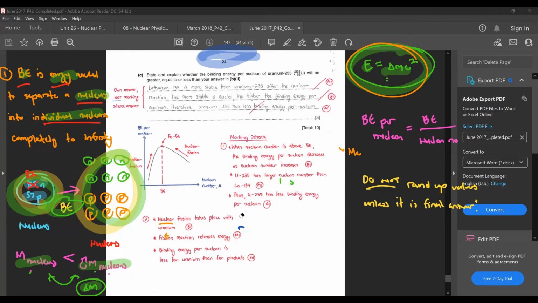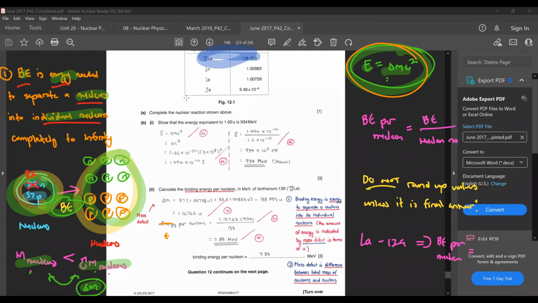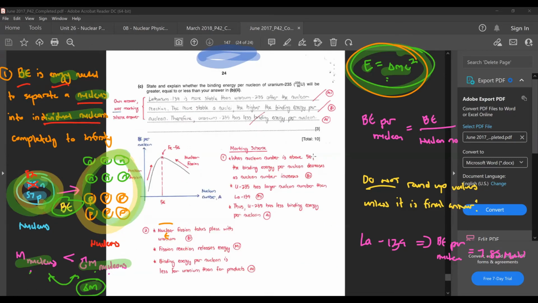So just now, you already found out the binding energy per nucleon of lanthanum, which is 7.85 MeV. Okay, not 129, 139, sorry. So you already found out that lanthanum-139 has a binding energy per nucleon of 7.85